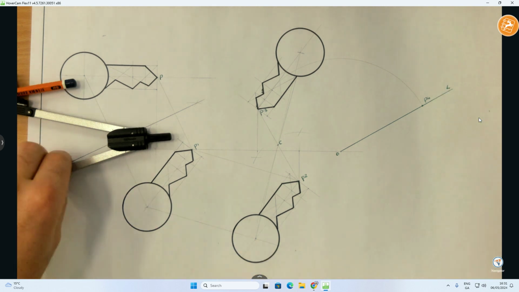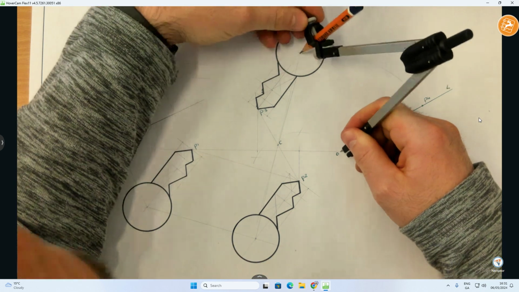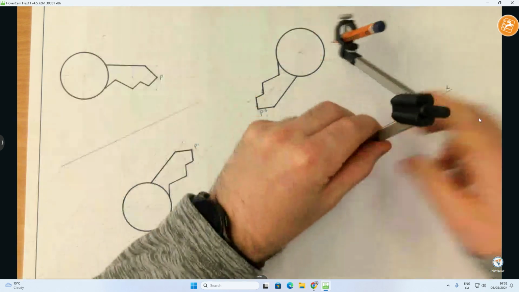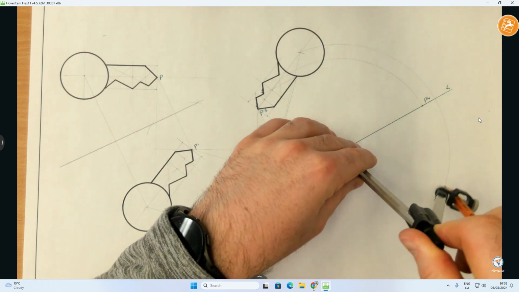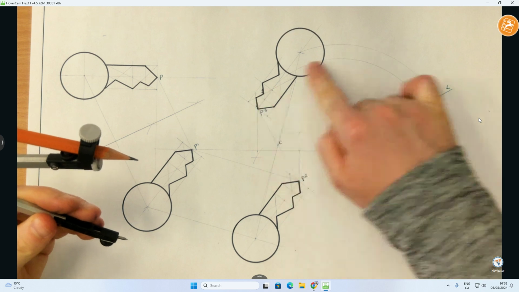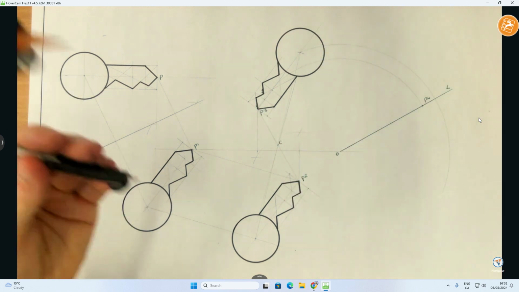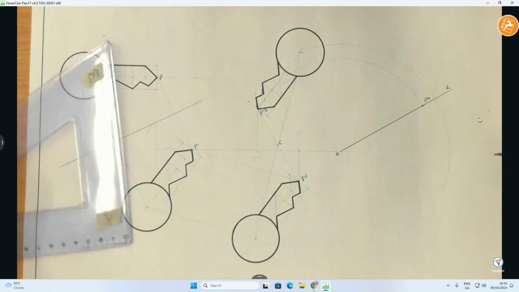Now, the other point that I'm going to rotate is the center point. I'll put my compass on O, put the pencil point up to the center, and the center is going to rotate. Based on my own understanding, because P3 rotated here, the arc will have to be roughly the same. Now, the easiest way to find the center is if I put my compass on